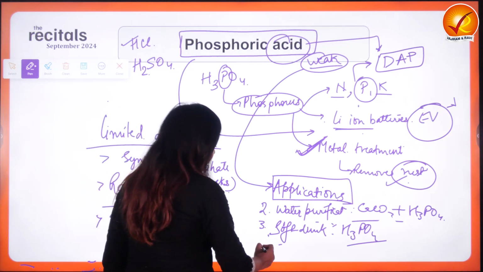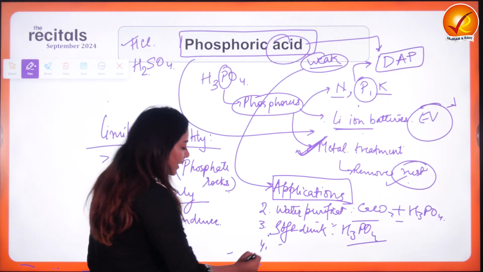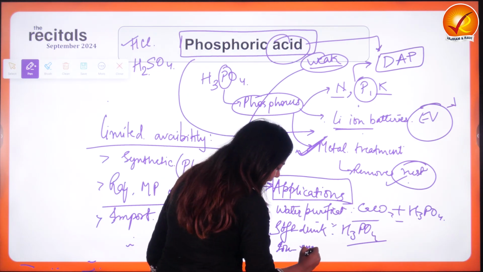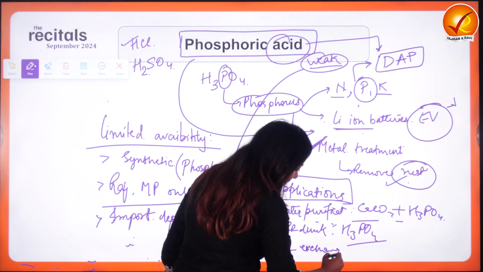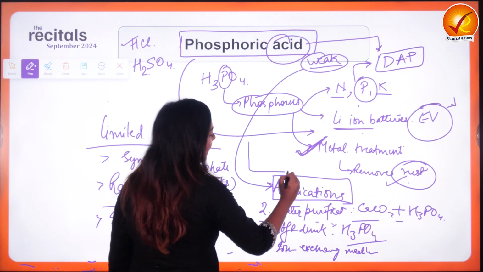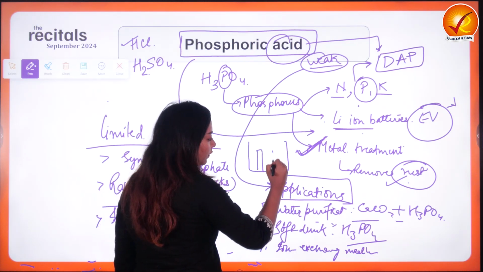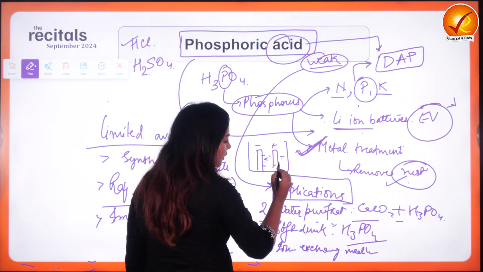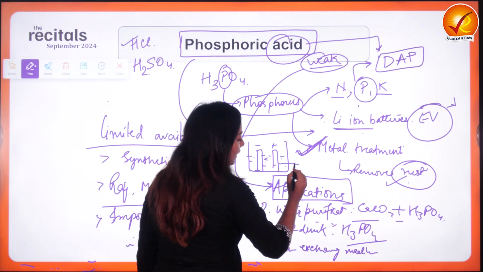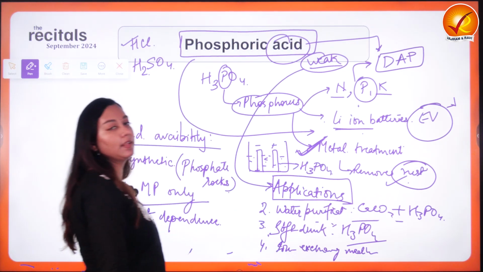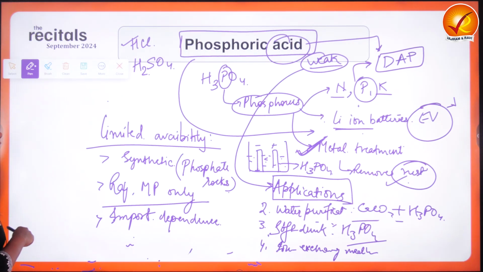Okay, then, because it's an acid, it also acts as an excellent ion exchange medium. Therefore, in the batteries, you will have one anode, you will have one cathode, and what you will have is a catalyst or a solvent in between. So in the case of lithium ion batteries, it is the phosphoric acid only. Fine. So I hope we have understood the applications of phosphoric acid.